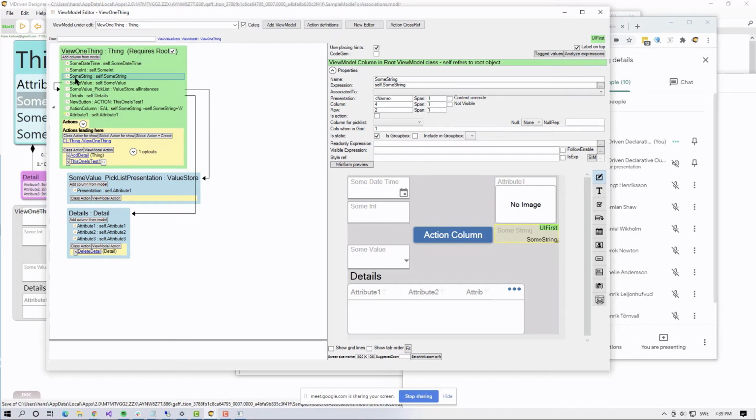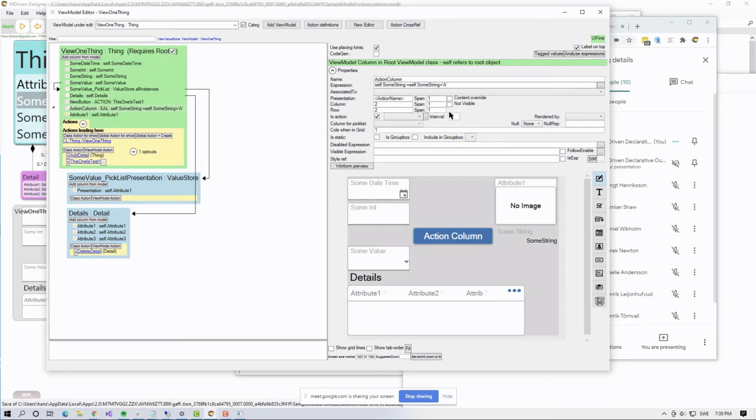So if we were to do this action as a periodic action, and we do that just by setting the interval to something, and this is in milliseconds, so I'm gonna set it to like 100. It's not really important because we don't want to run it without any checks anyway,